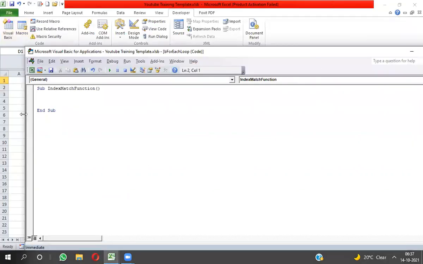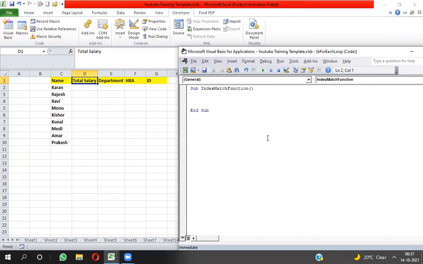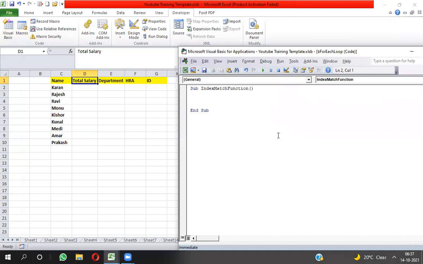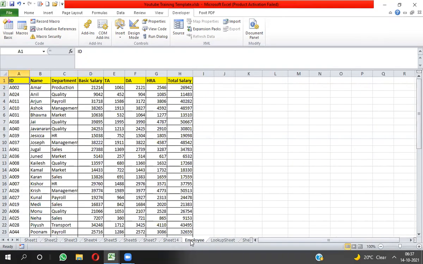First I will have to set the range in a variable. So how can we set the range? First I have to type the sheet name and activate the lookup sheet. Actually, I need to pick data in this sheet, that's why I have activated it. My data is available in the employee sheet, so I will have to take the data reference from there. Actually, INDEX MATCH is being applied in a different sheet.